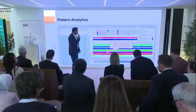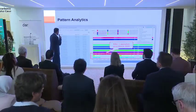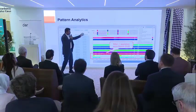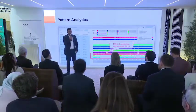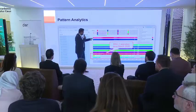You're looking at Coppertree's cloud platform, and we have an example here. These are all real sites, real buildings. This is about 10 plus fans in a building, okay? Multiple fans from different air handling units. In this case, you're looking at a makeup air unit. What you're finding here, and this is what pattern analytics can do for you, you'll see the pattern typically, which